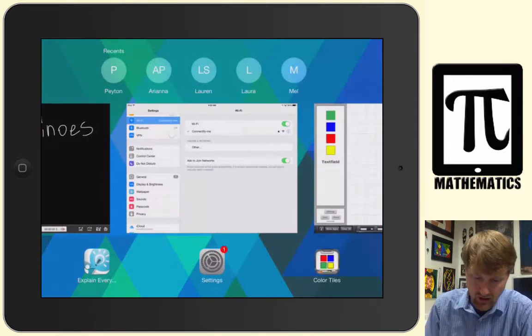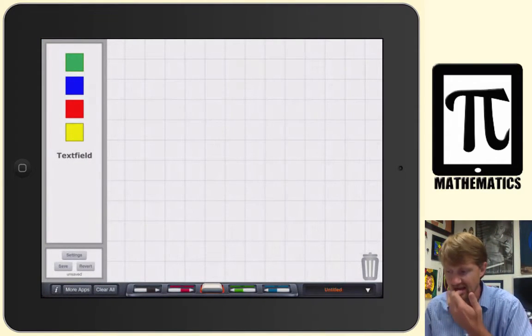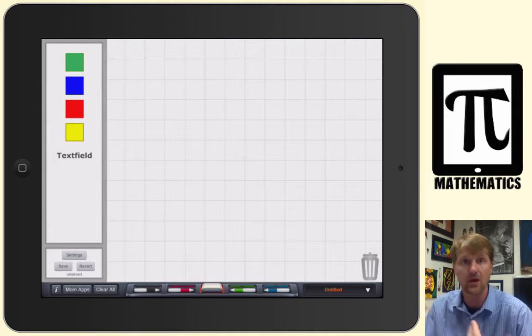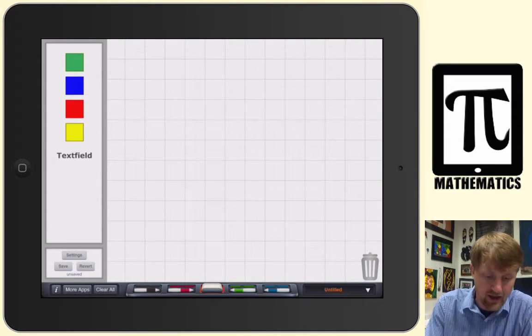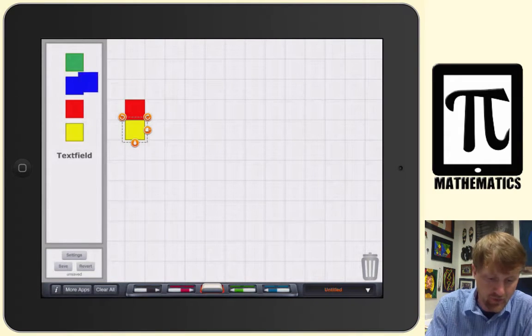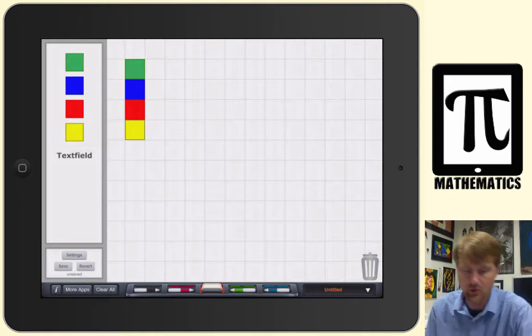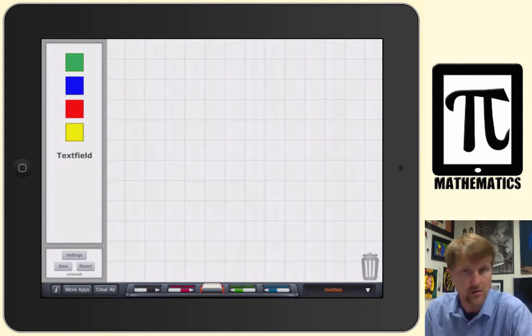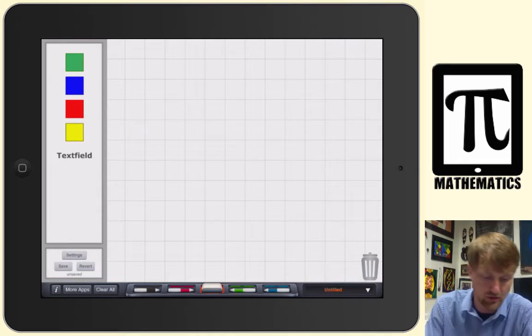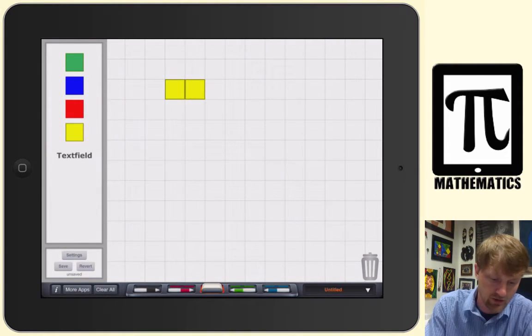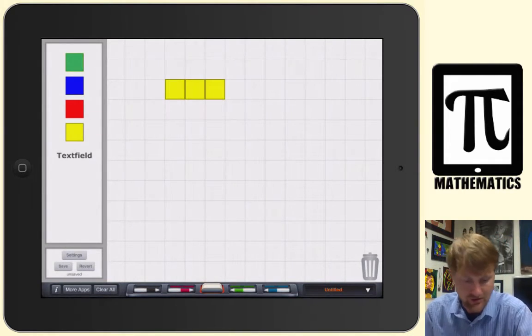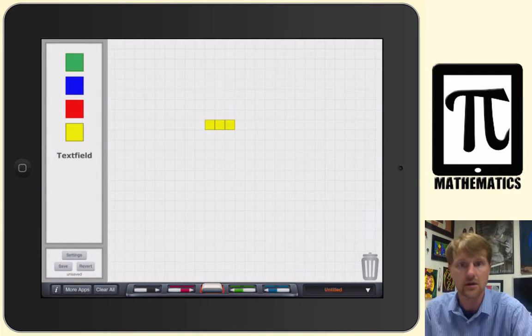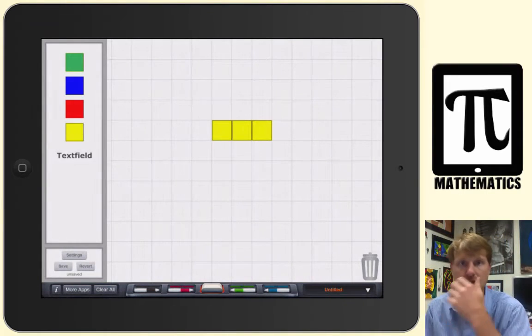So I'll open up a Brainingcamp activity, the Brainingcamp app Color Tiles, and they have the basic four color tiles here, and you can snap them into a grid. And so what you want to do is pose a question to students: using only three color tiles, 1, 2, 3, how many, let me zoom in, how many different